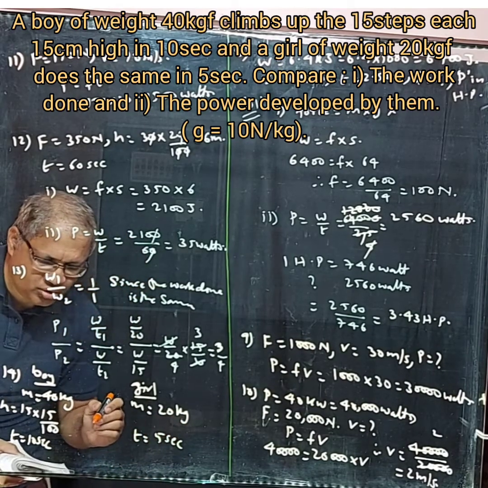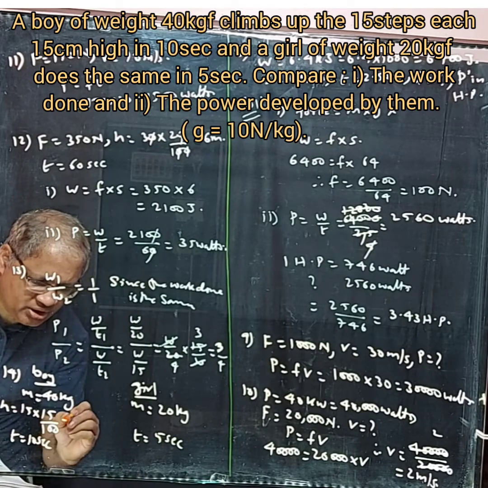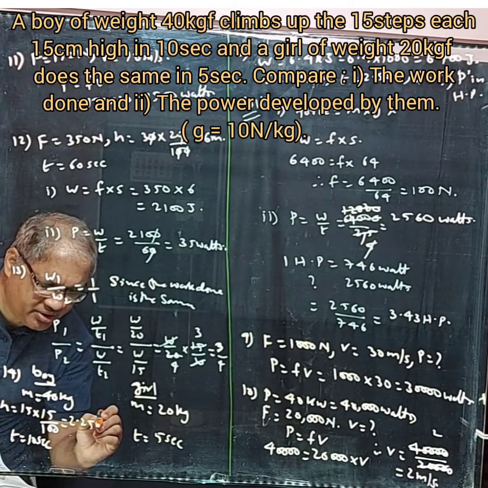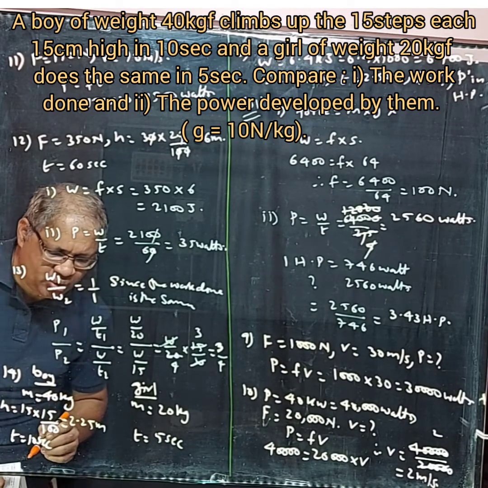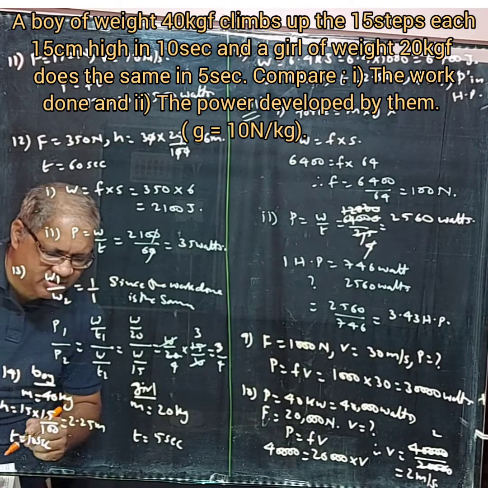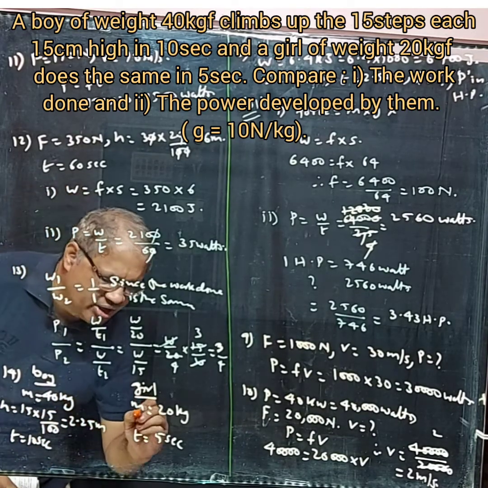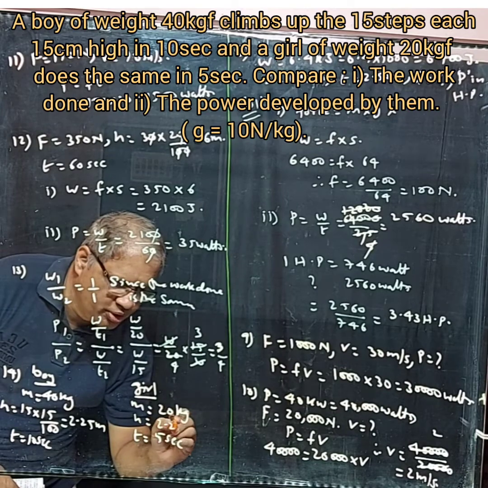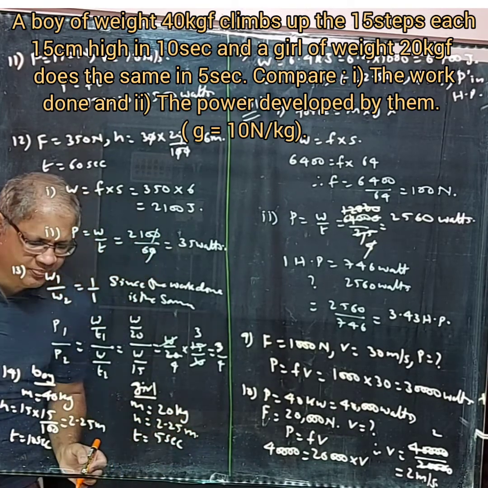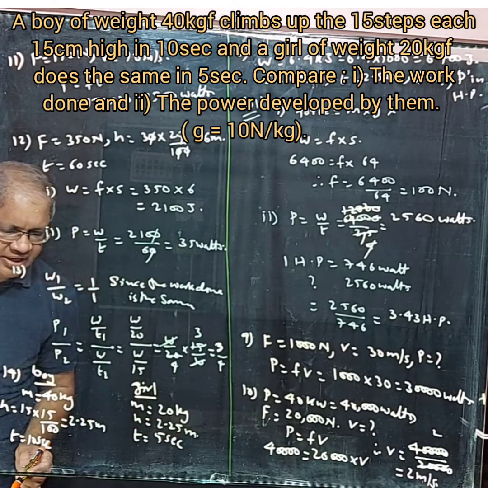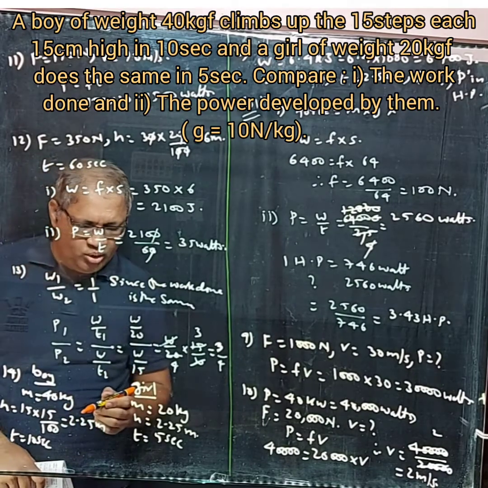Alright. So the height is coming to be 2.25 meter. 15 into 15 is 225. 225 divided by 100 is 2.25 meter. Here also the height is the same, 2.25 meter. Okay. And time is 5 seconds. So now the work is